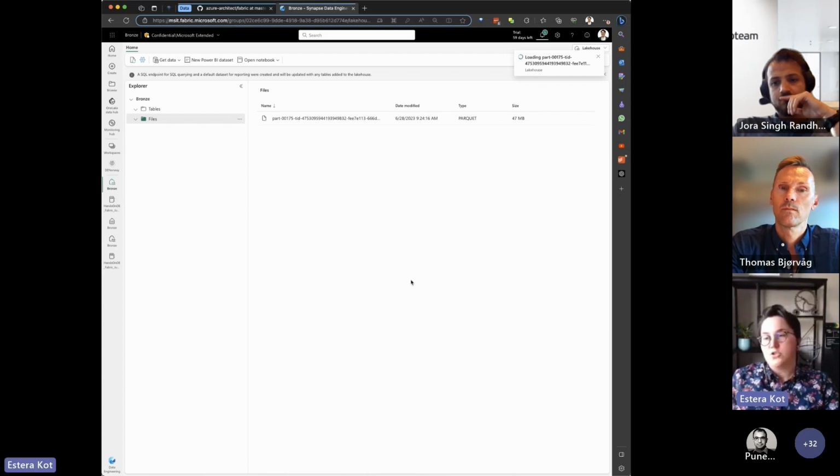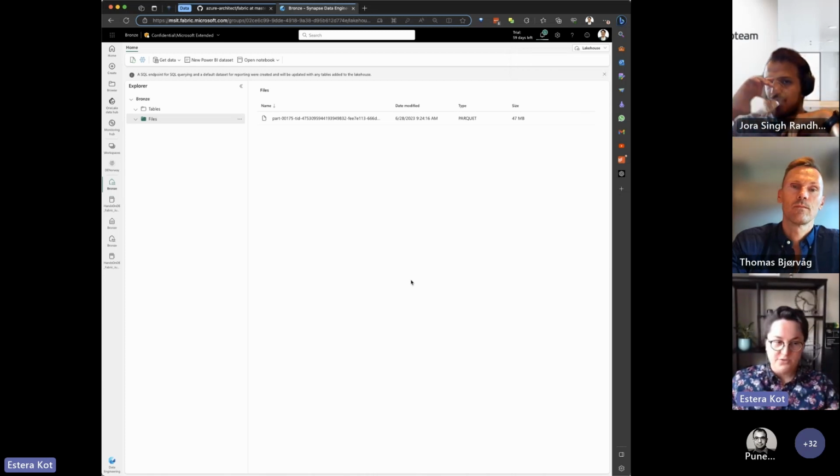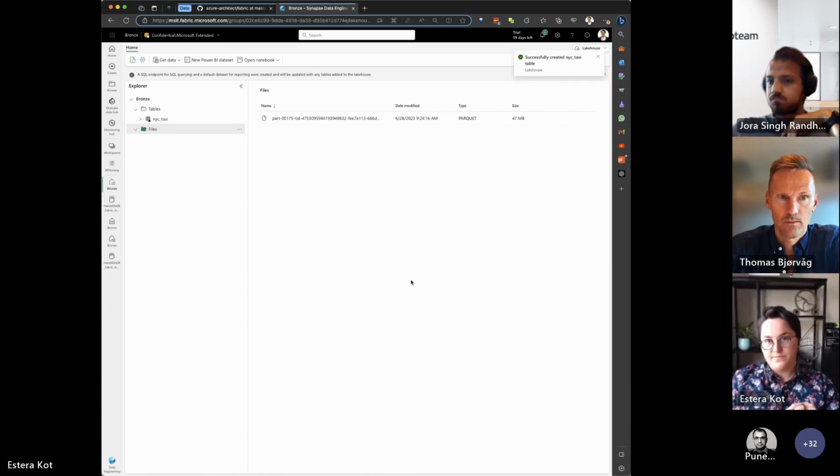Let me answer that. When you create a workspace, you are using the workspace-level defined runtime. This version is also used by load to table. In a couple of months, we'll introduce the new runtime, and the Lakehouse features, meaning load to tables, will always be using the latest GA runtime version.